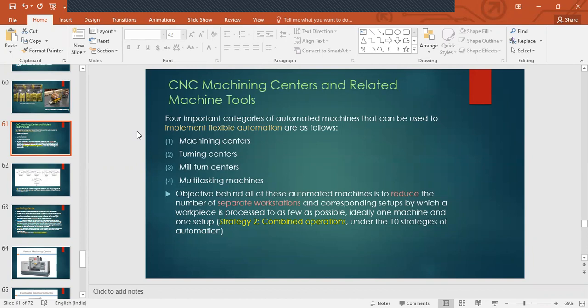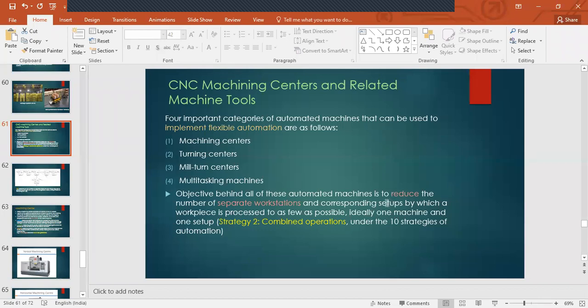We want a machine that is able to take care of the different product needs, process needs. It should be able to process different parts, and not just parts, different processes also, so you don't have to have separate machines for separate processes. That's the objective, to reduce the setup time.